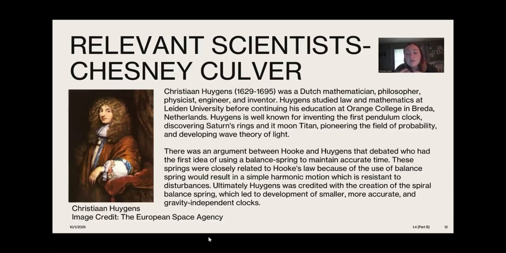which led to developments of better and more accurate timekeeping clocks and eventually the gravity independent clocks. But again, how it was related to Hooke's law is he kind of gave us the first tangible use of Hooke's law. He used the things that Hooke understood and developed into that formula that we talked about, F equals negative K times our deformation. And he applied that to real life and was able to use those things to give us a more accurate